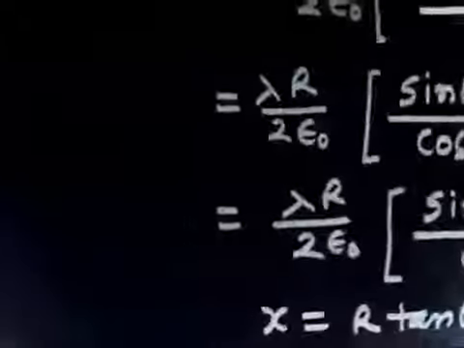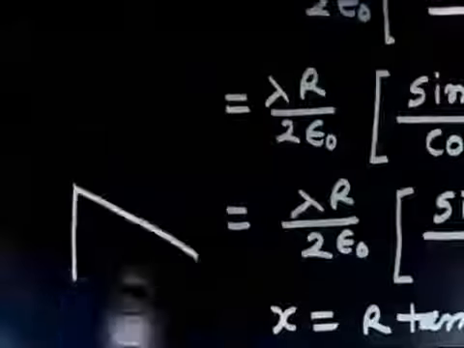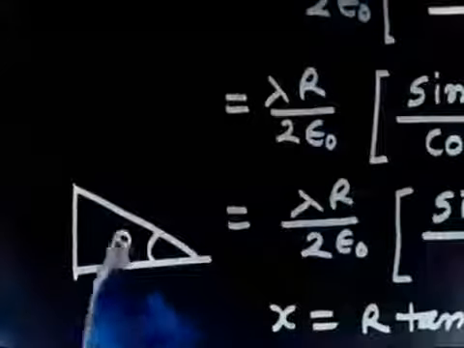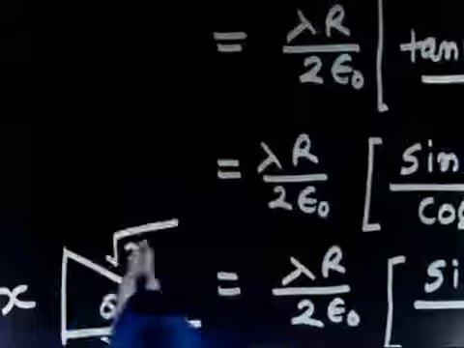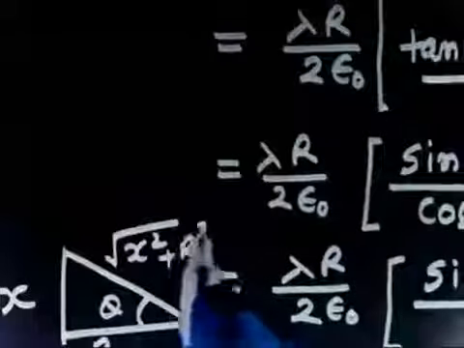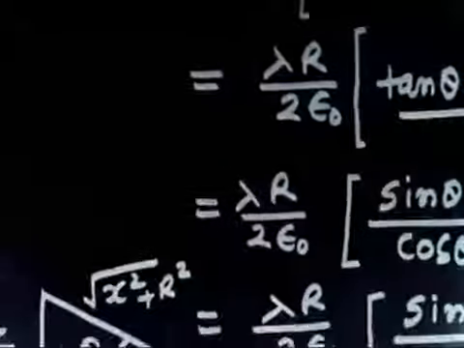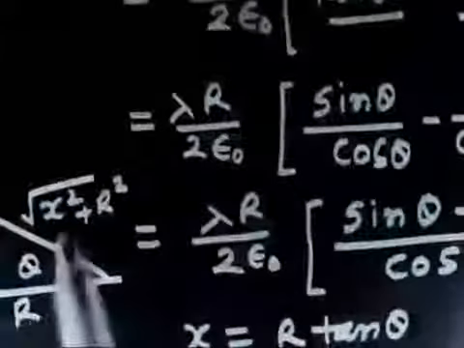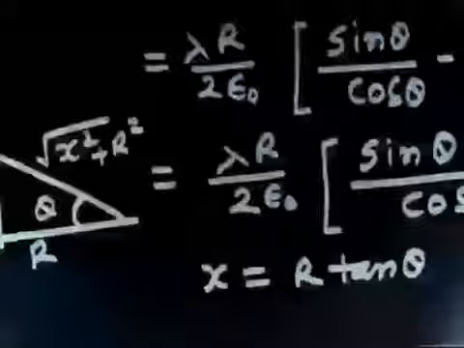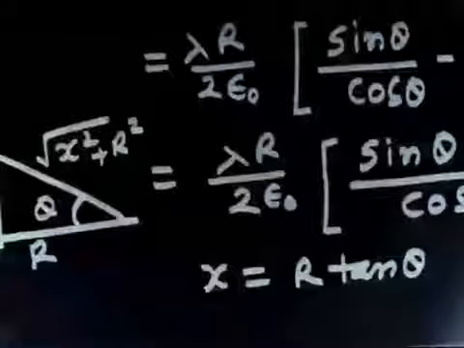x is equal to r tan theta, so this means I have tan theta is, this is x, this is r, and this is root over x square plus r square. So this means tan theta is simply x by r, but sec theta is this divided by r. So if I plug these values, so I will have